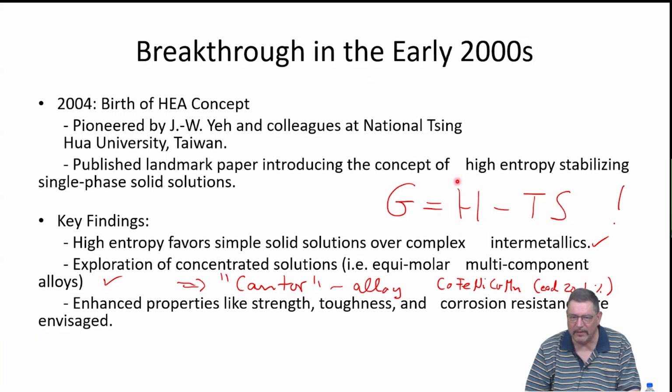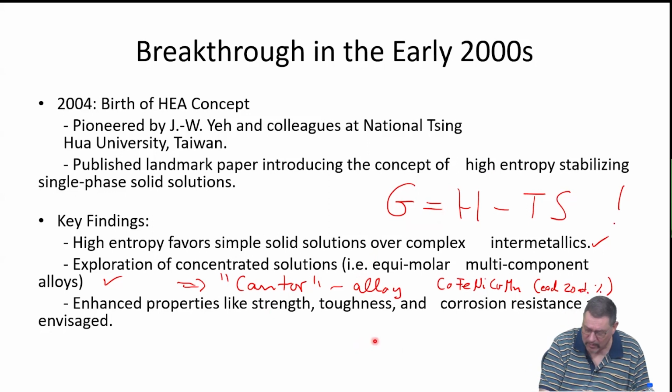So if you have a phase which has a very high formation enthalpy, then you will not be able to beat it by T times S. Or if the temperature is too low, then this term will at some point become less than this term. And so you will basically have the solid solution break up into a multi-phase equilibrium. And yeah, this is maybe also important to keep in mind.